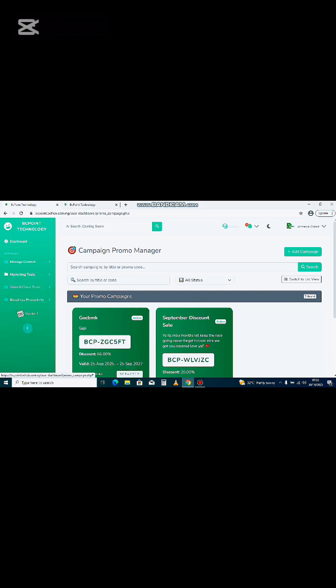So that is it for marketing tools. Now we have sales and client tools. We have three functions under sales and client tools. We have create invoice. I told you that you can create an invoice, a digital receipt, from this platform